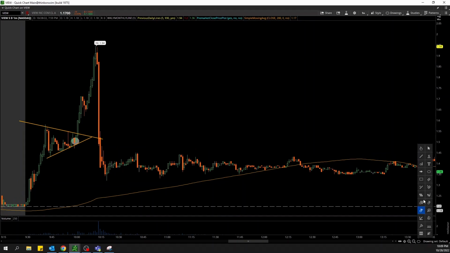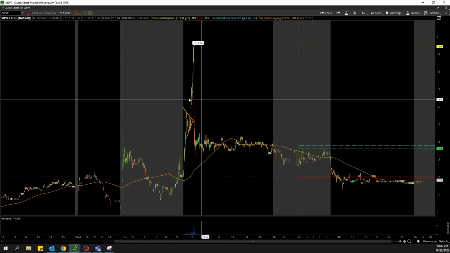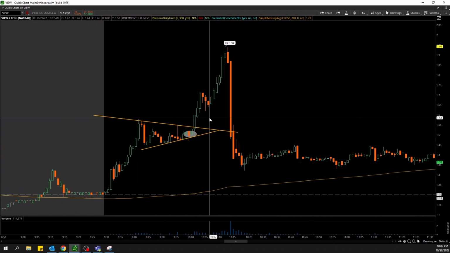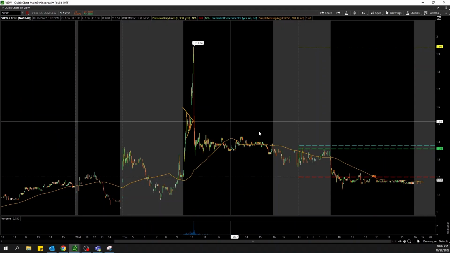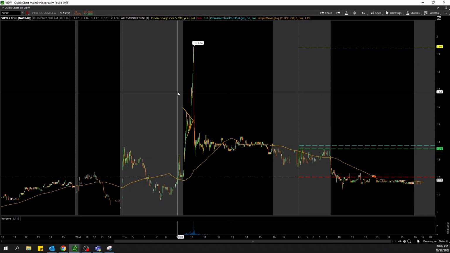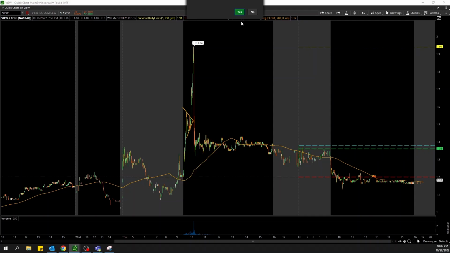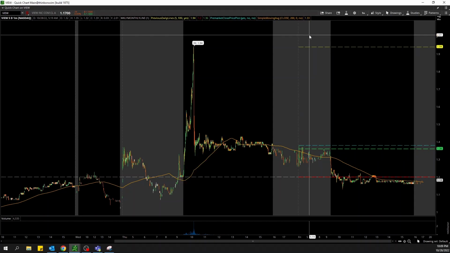And that was the story of this one. So it's kind of like it was struggling to go up, and then it got knifed, and as you can see with the price action, it just kind of went dead for the rest of the 2 days. And that's VIEW. Next stock that I'm gonna go over